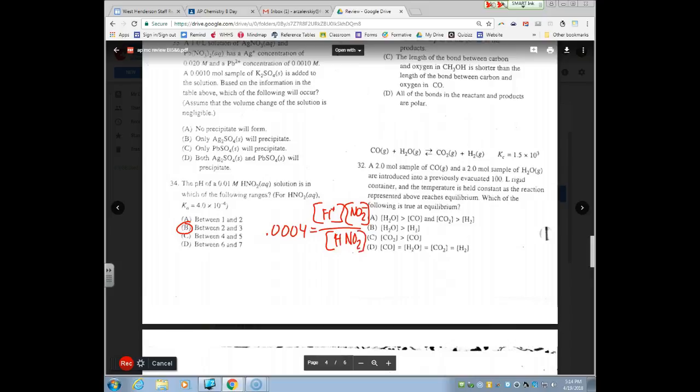HNO2. Now, from an ICE box showing how that HNO2 splits up, you know that we're going to end up with 0.0004 equals x times x, or x squared, divided by the concentration of our acid minus x, but in this case, x is going to be really tiny. So I'm going to be multiplying this 0.0004 by 0.01, and that is going to give me